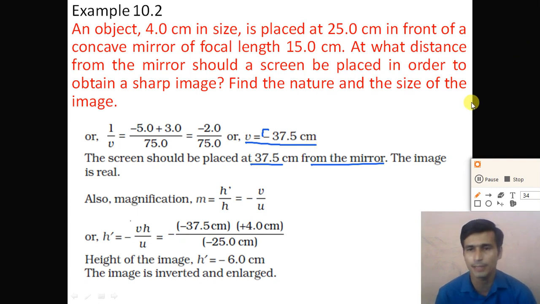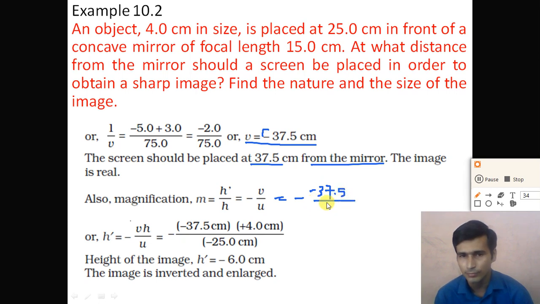And the size of the image. To calculate the size of the image, we need to calculate the magnification. So magnification m is equal to h dash divided by h is equal to minus v divided by u. So what is the image distance? We get minus v as minus of minus 37.5. So we put the value of v as minus 37.5 divided by u. The object is placed at 25 centimeter, so the object distance is minus 25